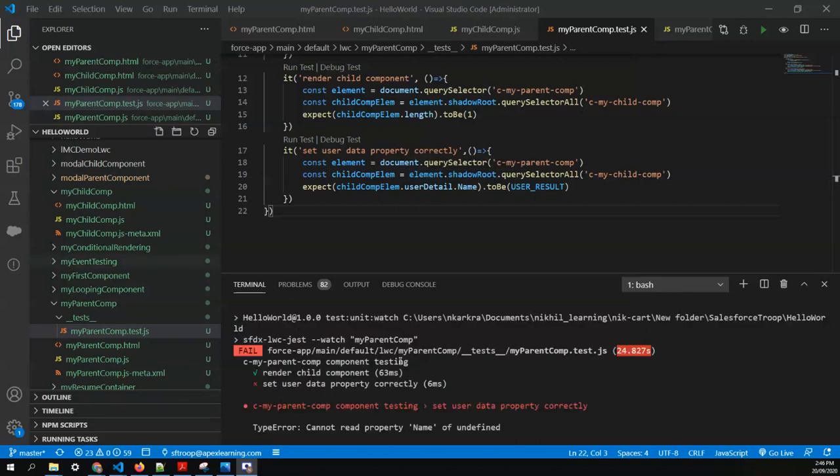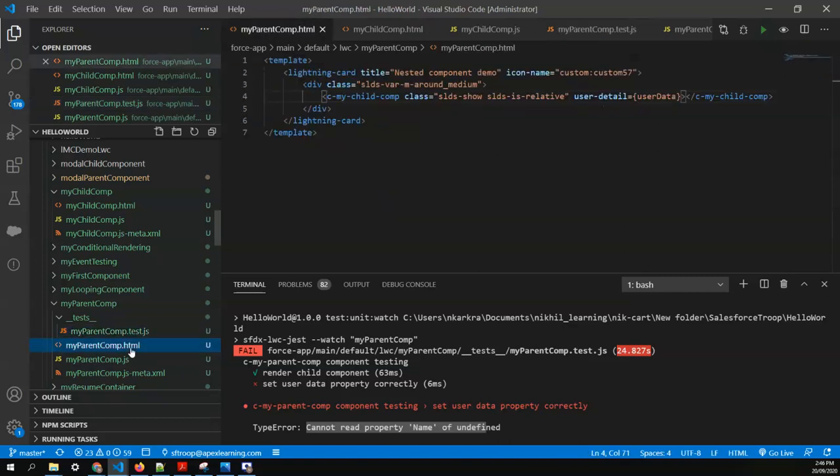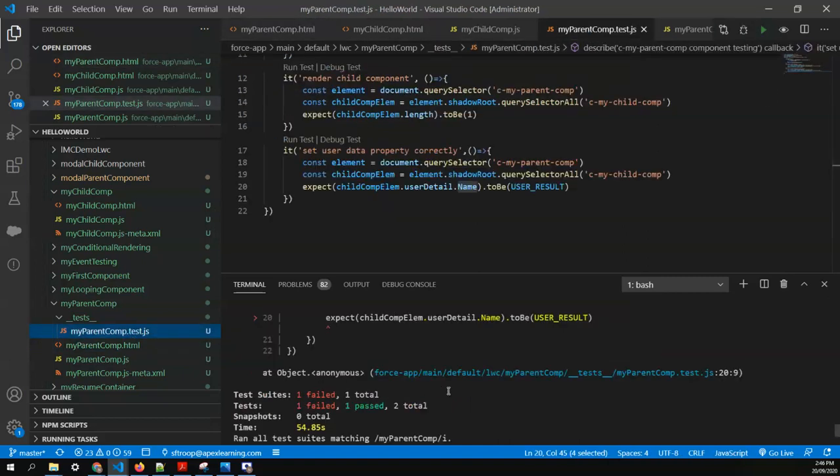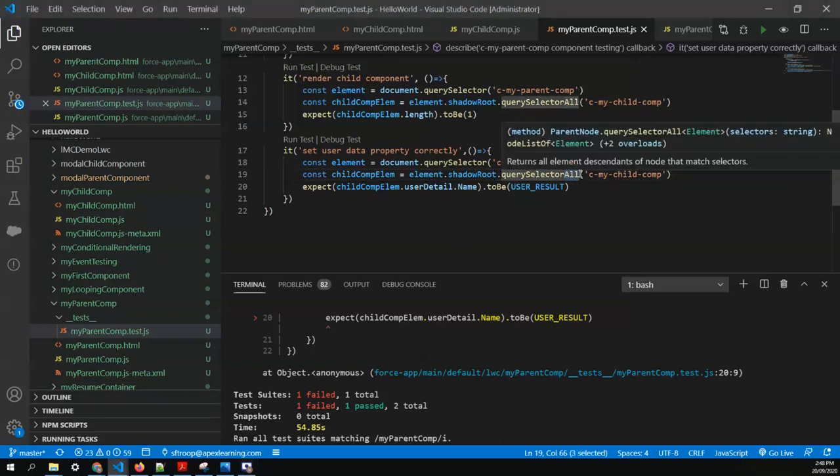Now you can see that our second test case has failed, and the message is very clear: cannot read the property of name, so user detail is not available. Just go and make sure it's user detail only here, and name property of undefined, that's why this is failing. And I guess the reason is I'm using query selector all, but I don't need query selector all because I know it's only once.